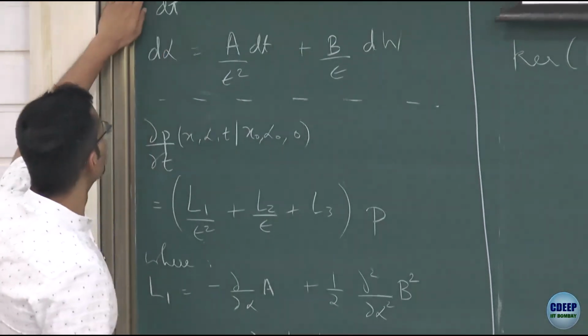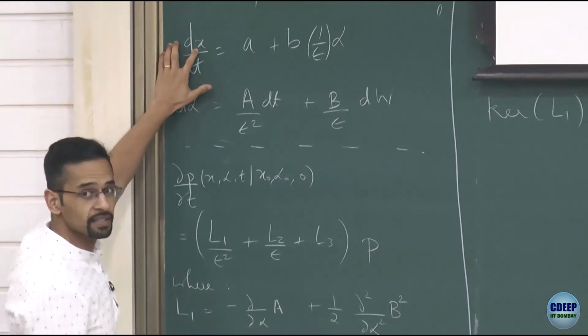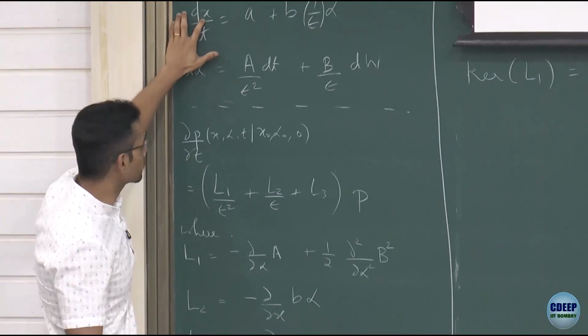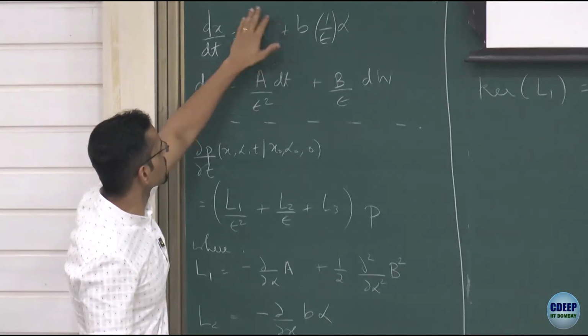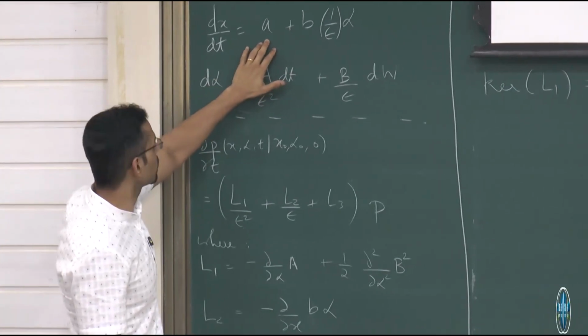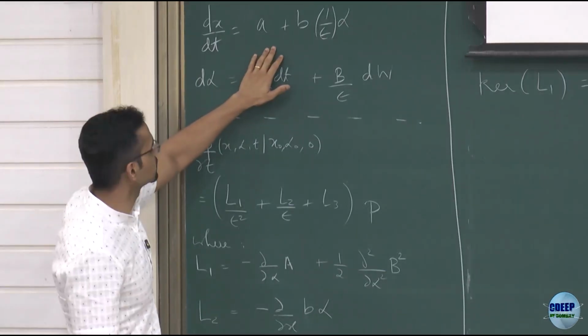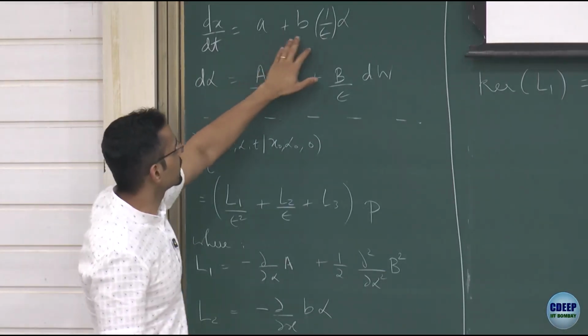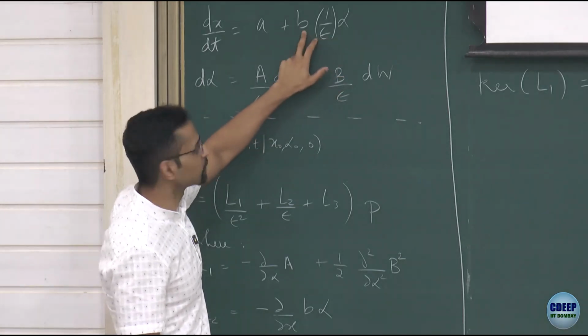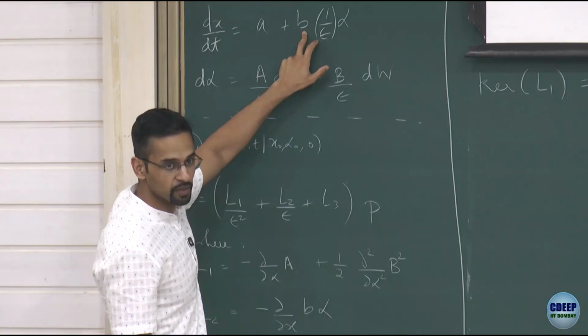We said we have an equation for x, our dynamical variable evolving on relatively slow time scales. It has a deterministic part of its evolution, the function small a, which is in general a function of x and t. This is the drift part. And then we have added, in Langevin style, a forcing with coefficient b, which again can be a function of x and t.